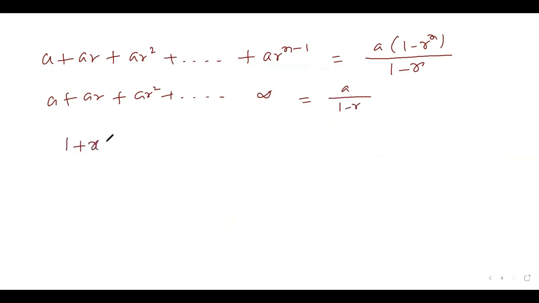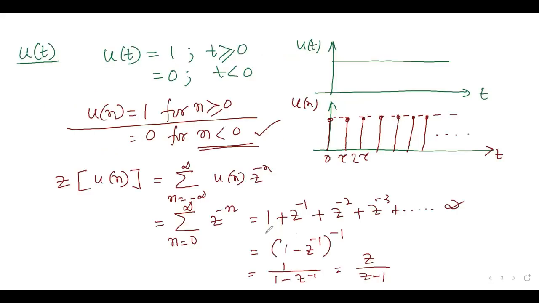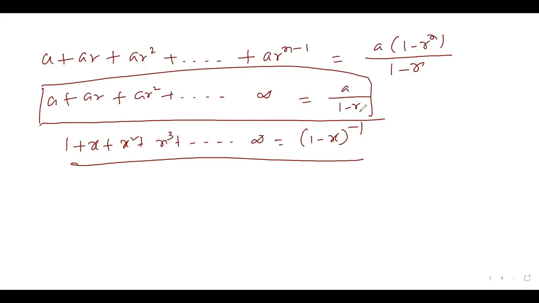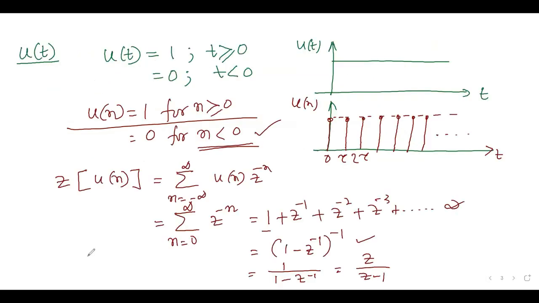Or you also know this: 1 plus x plus x square plus x cube up to infinity is 1 minus x to the power minus 1. Okay, so using this same logic, 1 plus z inverse plus z to the power minus 2 plus z to the minus 3 is this. You know this formula also. Now when n becomes infinity, r to the power n will be very small compared to 1. Okay, right? So that means this will be a by 1 minus r, or you can use the binomial expansion also. So z transform of unit step sequence is